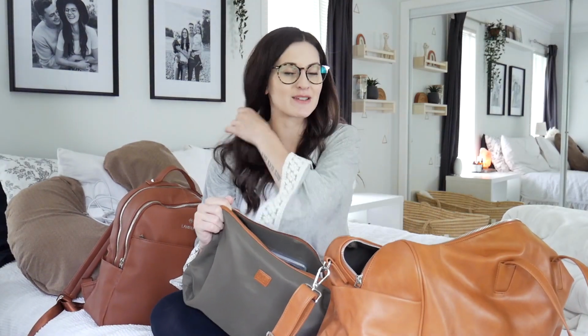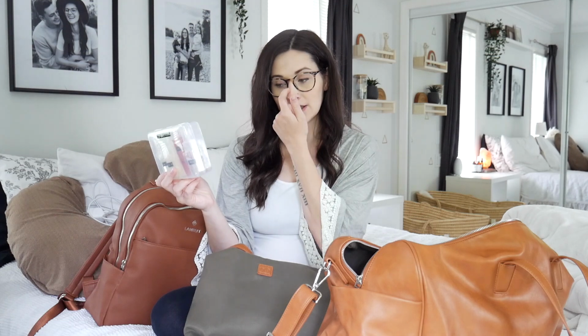It basically takes up half of the bag, but that's okay. I really don't have a ton of stuff in here, but I do have these little travel-sized toiletries. This is gonna be super great if I want to take a shower at the hospital. I have hairspray, body wash, shampoo, conditioner, and just some hand soap in there. I got this at Dollarama for probably $3, and then I just used my label maker to label all of them. This is really, really helpful,